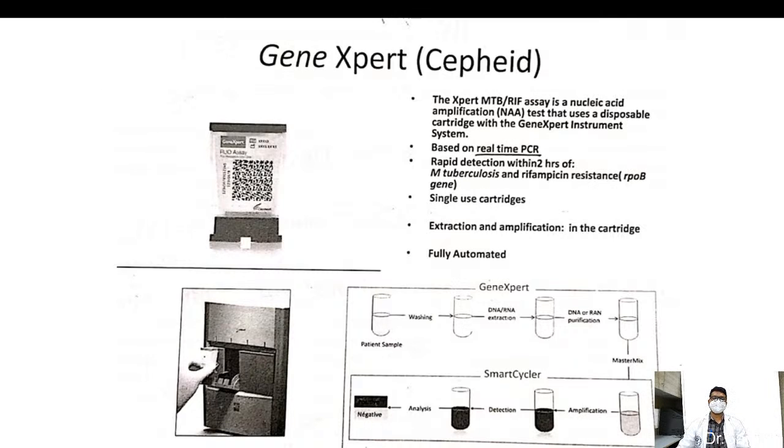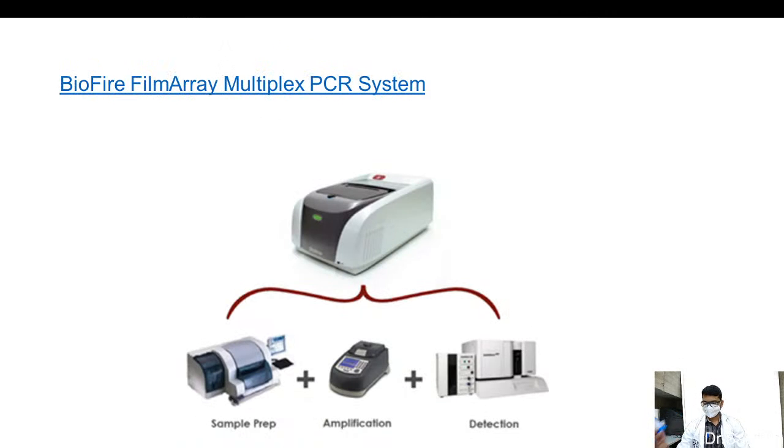So here, first the sample washing, extraction of DNA and RNA purification. So in GeneXpert everything is in a closed container. There is a minimal chance of contamination, and here this is a place where we can put the cartridge, and basically this works on the basis of real-time PCR, and it is fully automated. So coming to the next,